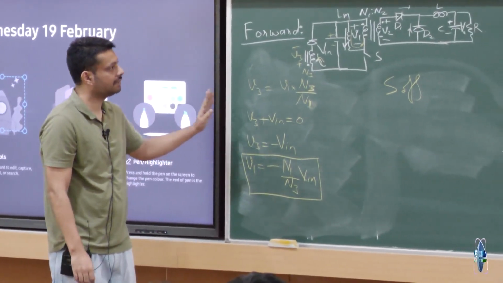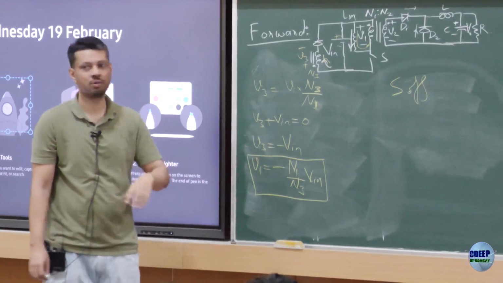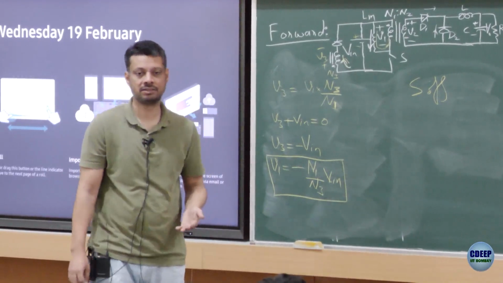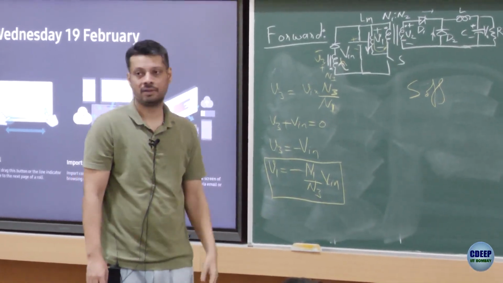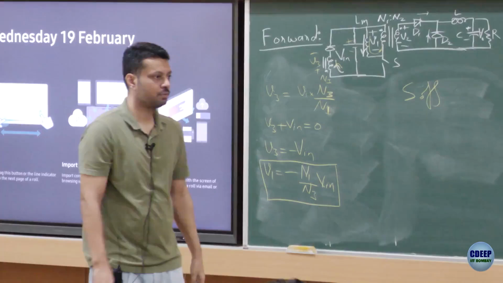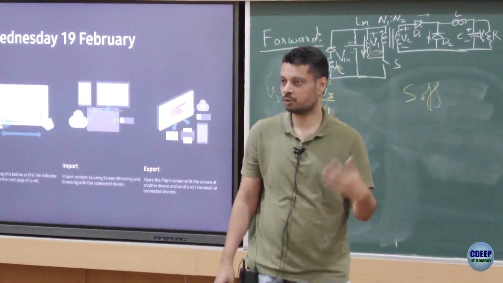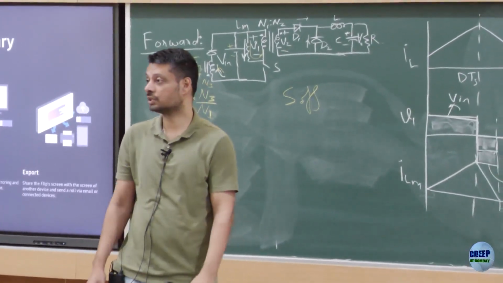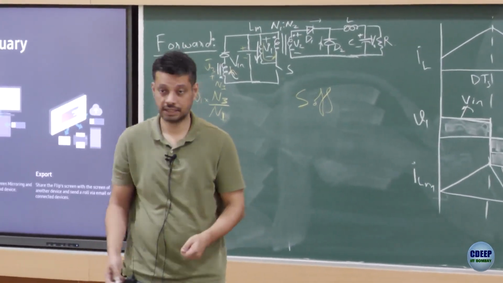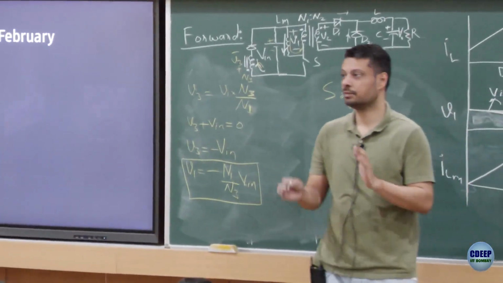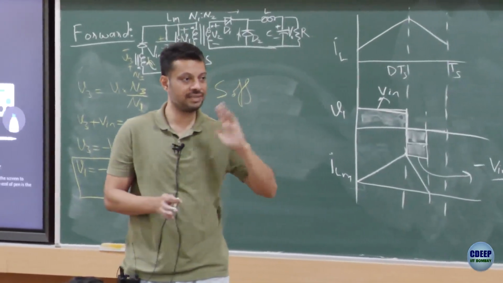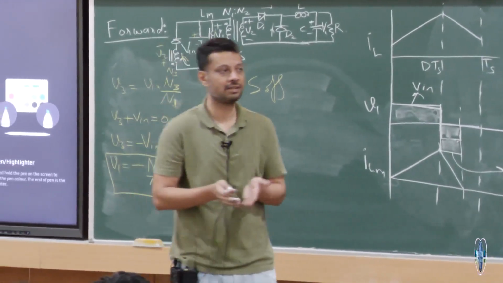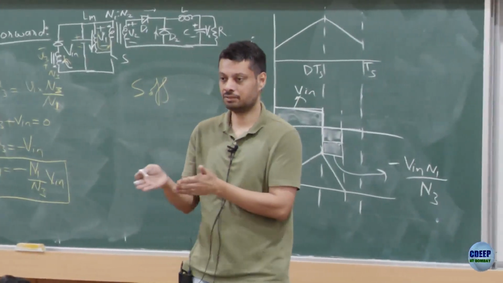So with that, I think most likely we would not talk about more DC-DC converters. We could keep talking about DC-DC converters, there are so many of them, but this is where we have to stop, otherwise we won't be able to cover the rest of the content. What I want to do now is start talking about inverters, right? Power electronics means converting one voltage into another voltage. We have seen how to convert one DC value into another DC value. Now we'll talk about how to convert a DC value into an AC value, using an inverter.